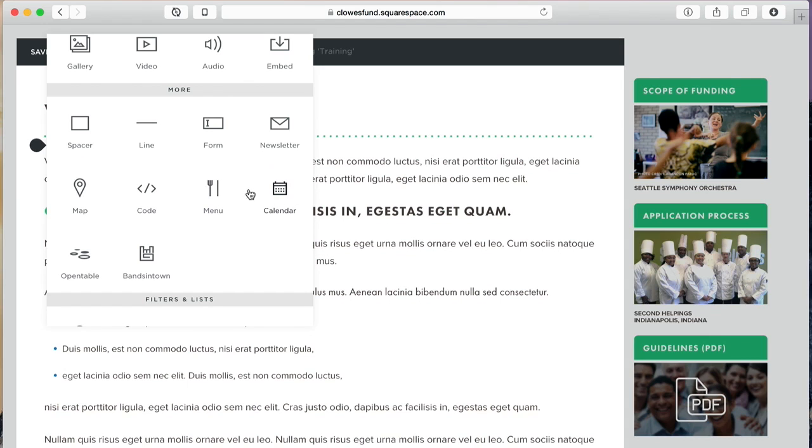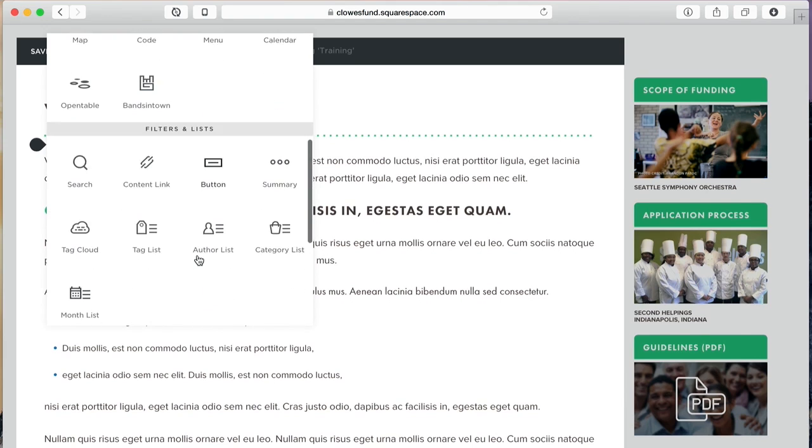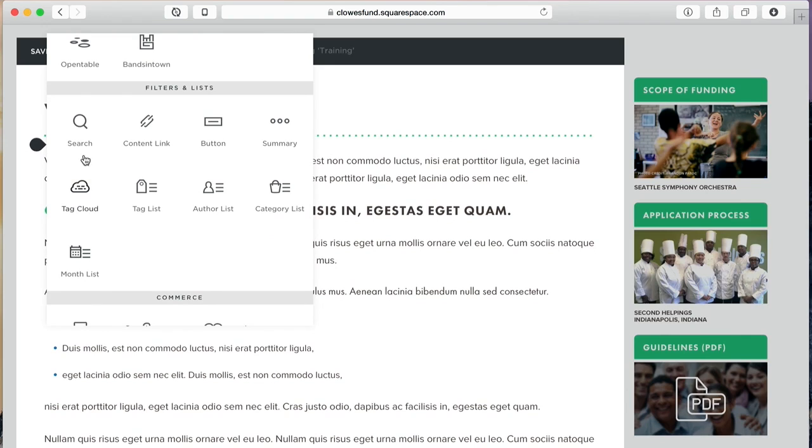Calendar, I didn't know that was an option, and I'm not sure really what that is. It could be Google Calendar, or it could be the events calendar. Open Table, again, a restaurant thing. Bands in Town, it would be a band thing. Filters and lists, so we can add search, but we have search already at the top of the site. A content link is kind of like,